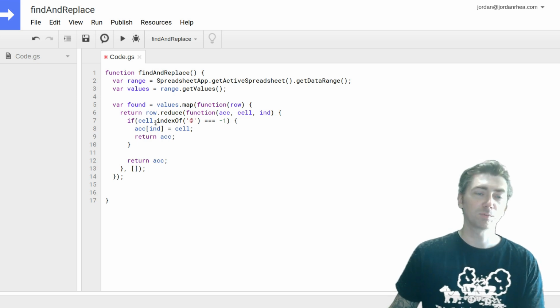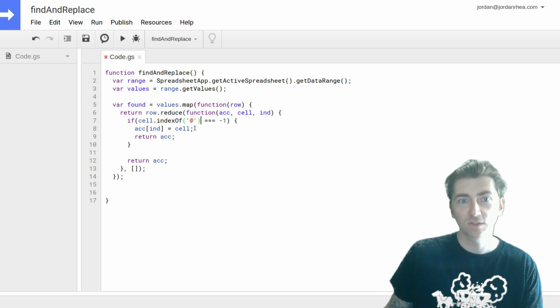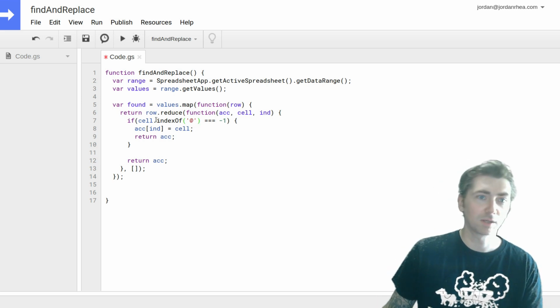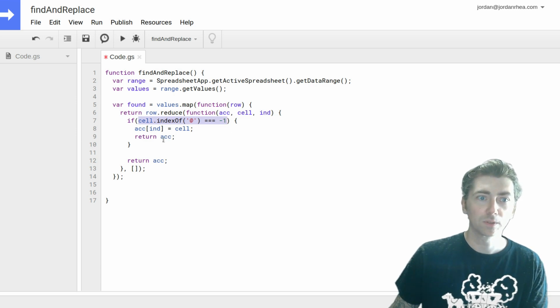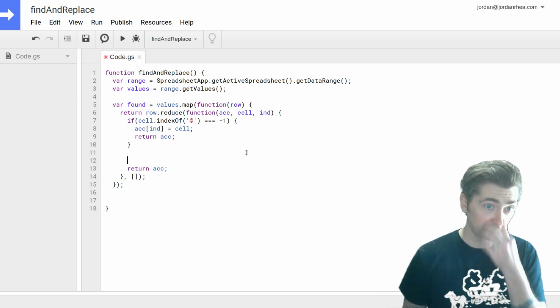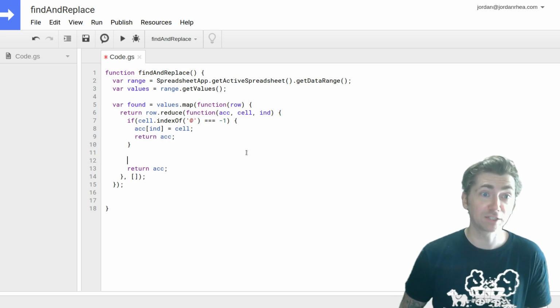Now you could write a more specific way to find email addresses. Let's say you had a bunch of different cells, emails. You can refine this. But the point is, this is where we're going to do our check to see if we want to do anything. And if it doesn't have an @ symbol, then we don't want to do anything. So we just basically end right there. Now below this if is where we'll do our modifications